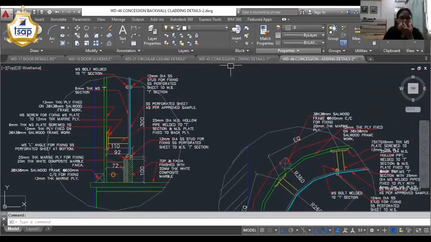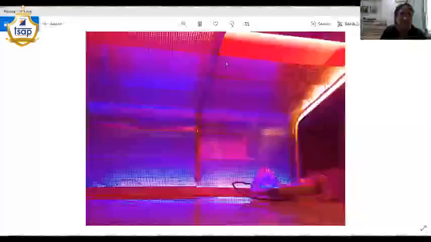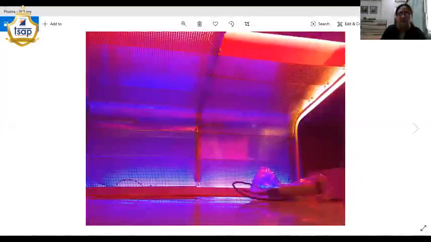Now I will show you some of the finish photographs. The last detail which I was showing you was of this particular element, which was a backdrop of the concession counter and was going forward in the ceiling also.